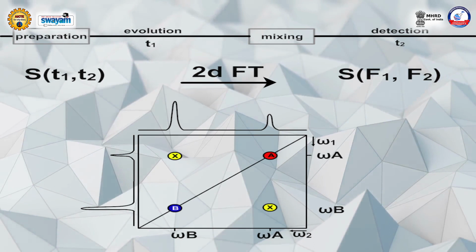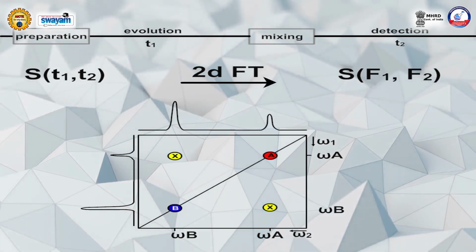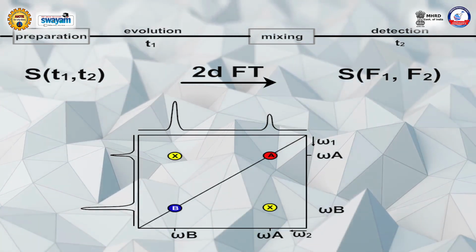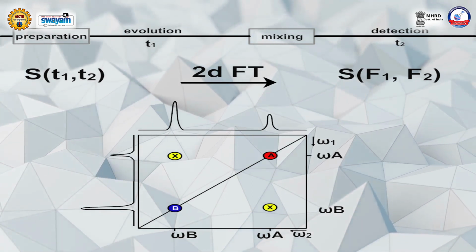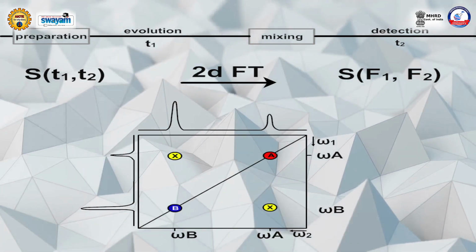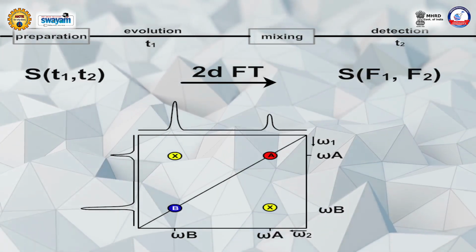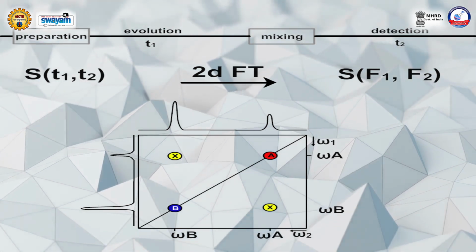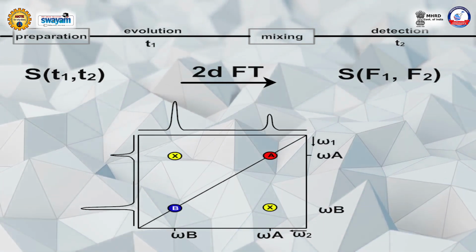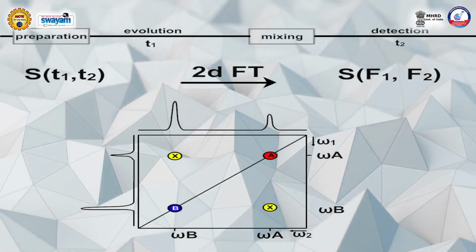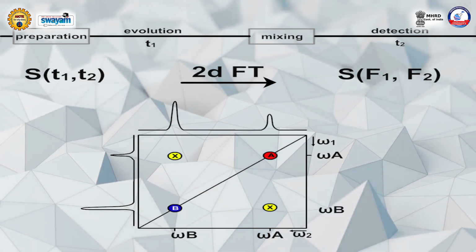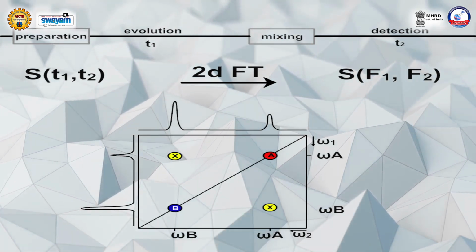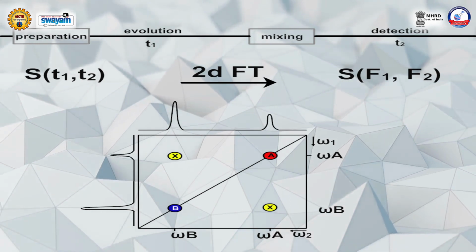So then when I actually detect the signal, I may be transferring some information from this particular spin to the next spin in the t2 period. The spins which were going on with a particular frequency in the time period t1, let us say I call it omega A, and when I go to the t2 period, I transfer part of the magnetization from omega A to omega B, and some of it will continue as omega A. Therefore if I look at the horizontal cross section there, I have the red signal which has the same frequency in the t1 as well as the t2 period,